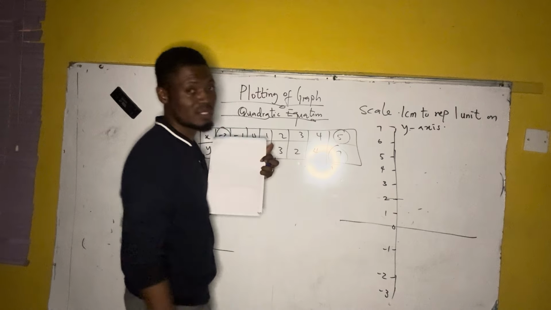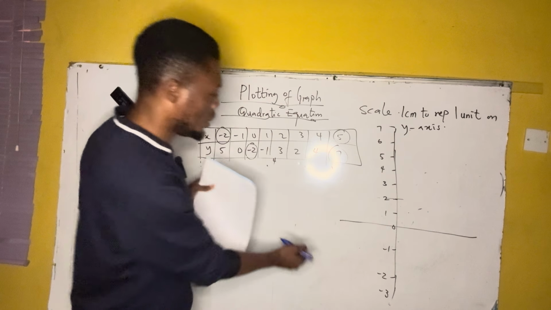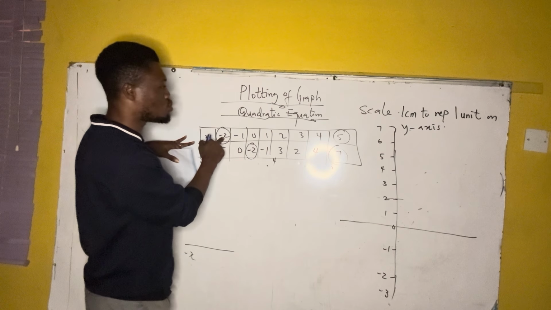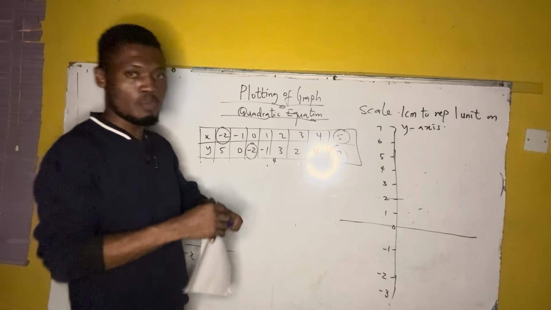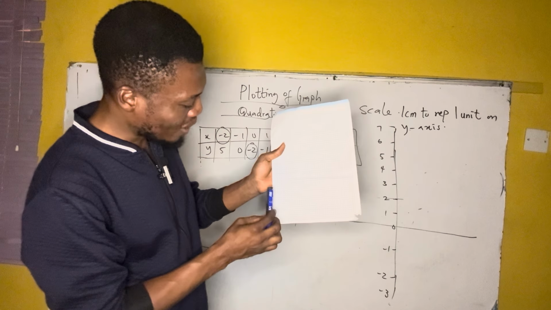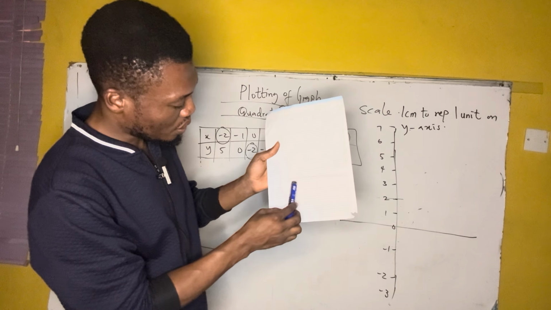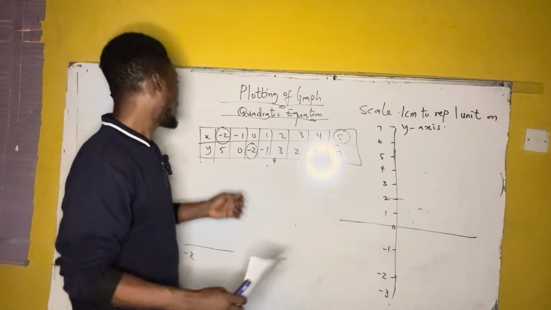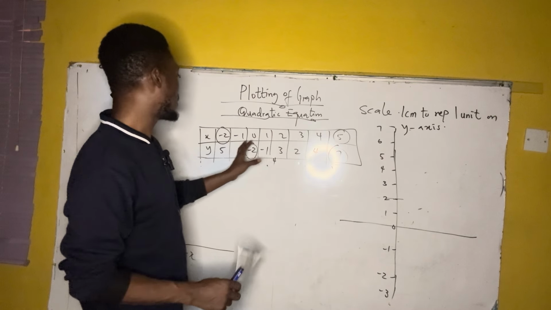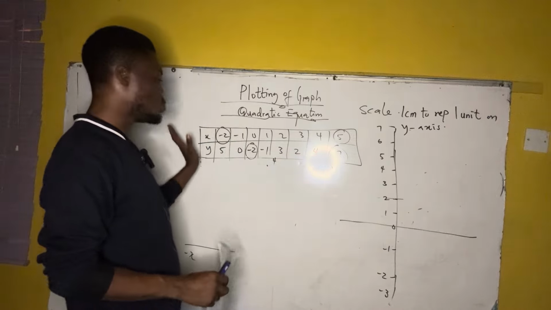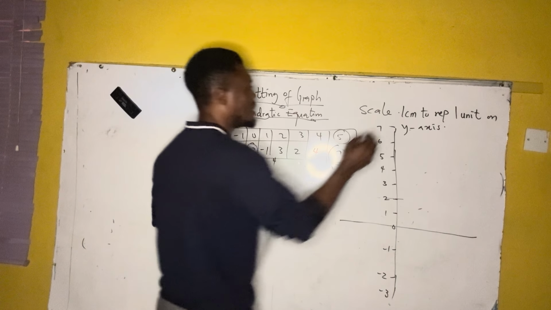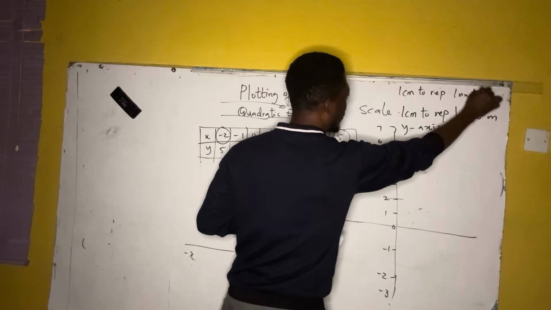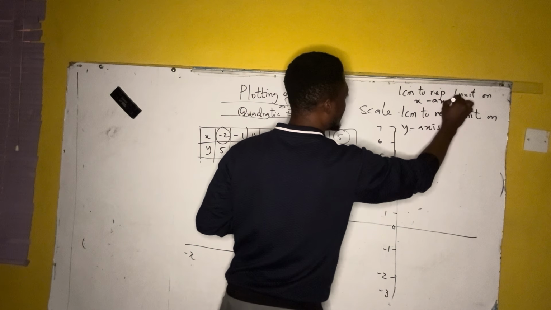Okay, for this axis, I'm also going to come here to the horizontal x-axis. The least value I have here is what? -2. And the maximum here I have is 5. So I'll come here to choose my scale. How many do I have here? 1, 2, 3, 4, 5, 6, 7, 8. 8. And I have 5 on this side, positive, and 2 here. So that means I can still say that on the x-axis, 1 centimeter represents 1 unit,